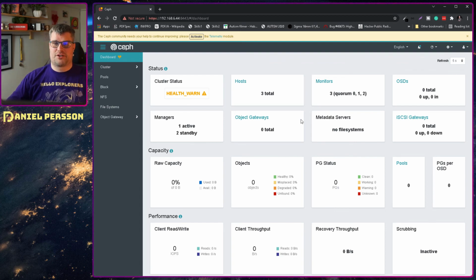So we have 3 monitors that could keep track on where all our data is available in the system. We have 3 managers, so we can log in from 3 different places if that is required. So if one manager goes down, we can log into another one. And the important part is to have 3 different machines that run monitors, and they can run managers as well, but it needs to be 3 separate machines, because if one of them fails, you should still have